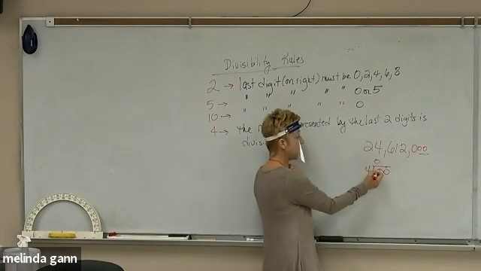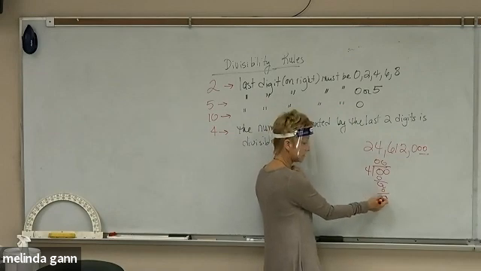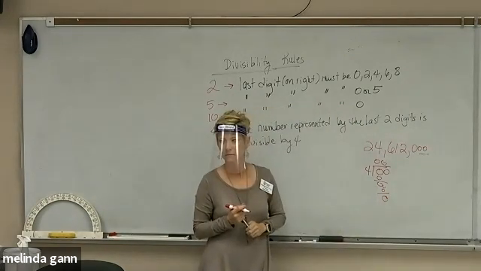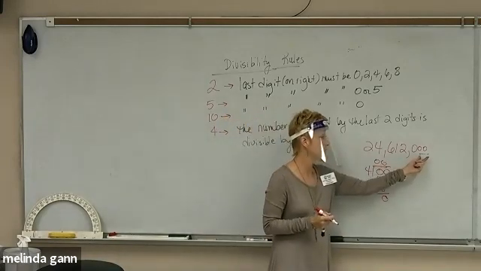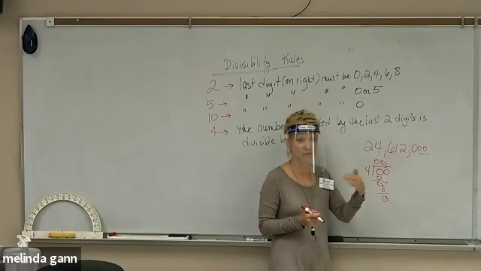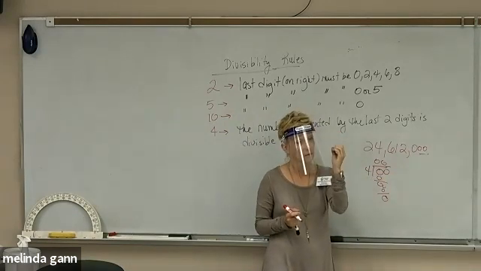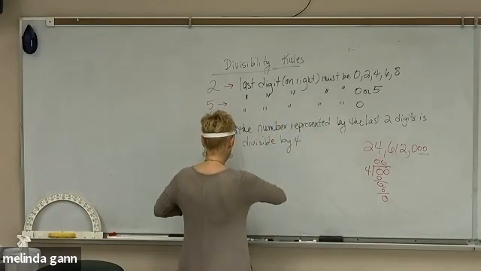You can't pull any out. What's the remainder? 0. Okay. So for 4, you look at the number represented by the last 2 digits. That number is divisible by 4, which means when you divide by 4, your remainder is what? 0. Now, the way you check for 8,